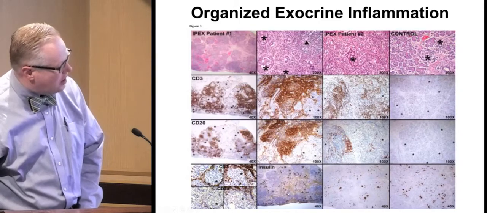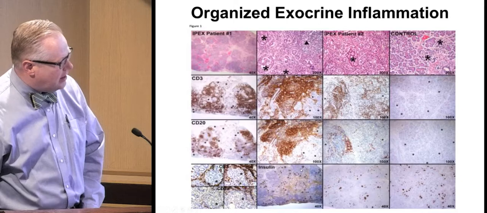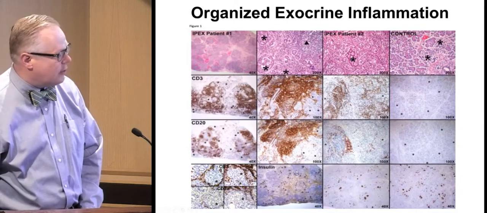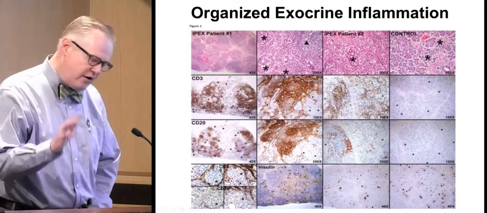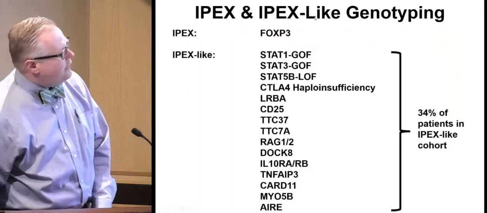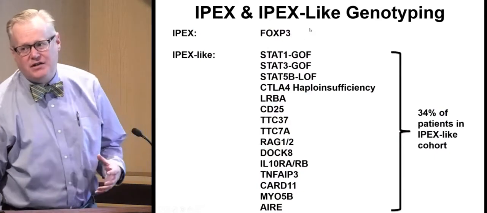And we actually don't know what the target is there. We've recapitulated this in a mouse model of FOXP3 deficiency, and that mouse has a similar pattern, develops exocrine insufficiency first and then endocrine later. So, as I mentioned, we've collected a whole bunch of these patients, and about 20% of them have mutations in